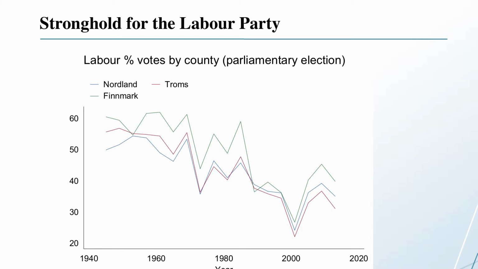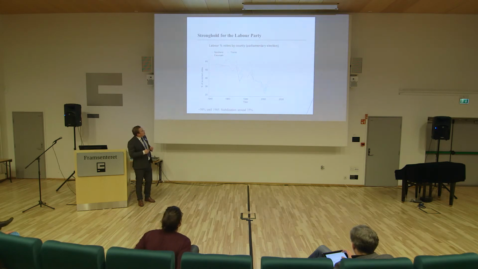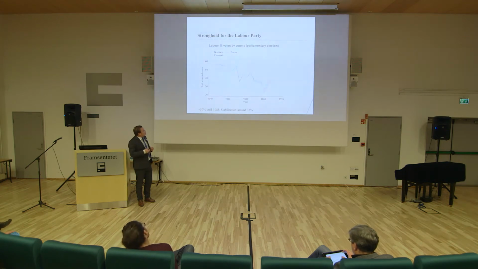Here in the elections, these are general elections, parliamentary elections every 4 years. You see from 1945 to 1965, the Labour Party was in government and had a majority, even though they did not have more than 50% of the votes. The voting system, the proportional representation system, gave them a majority. But you see here with the so-called decline of the Labour Party, and this is the all-time worst.